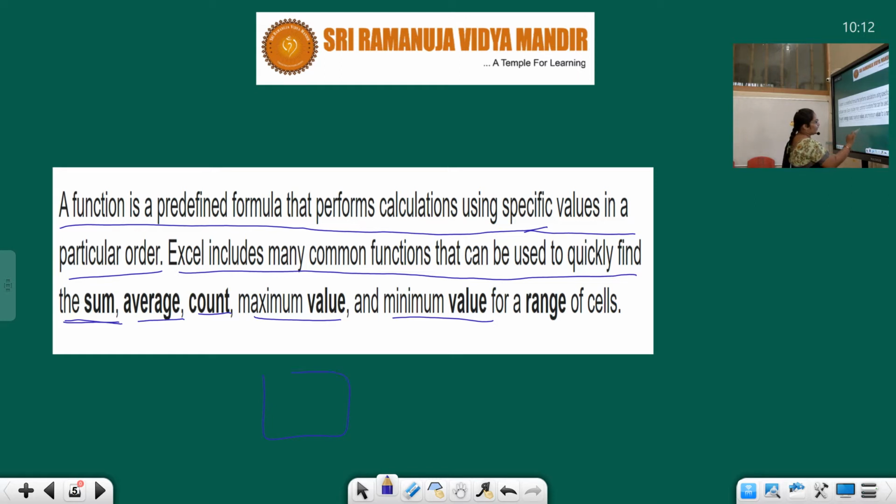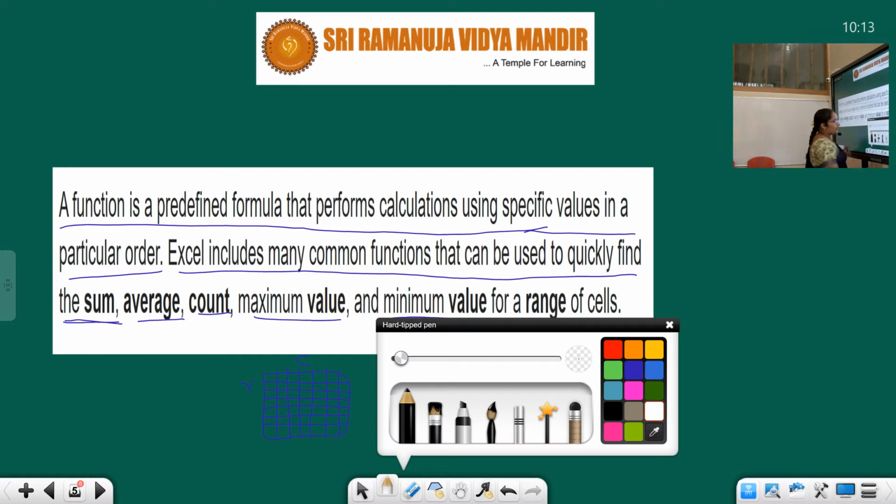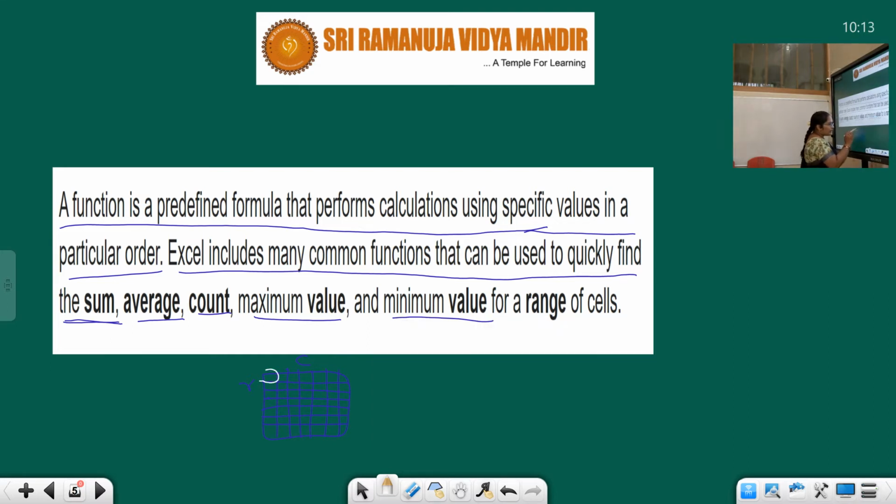Cells, in the sense, children, when you are having MS Excel, you are having rows and columns. I have showed you. These are the rows and these are the columns. The individual part, let me show with another color. This individual part is known as a cell.